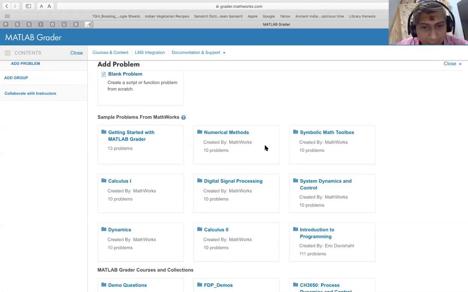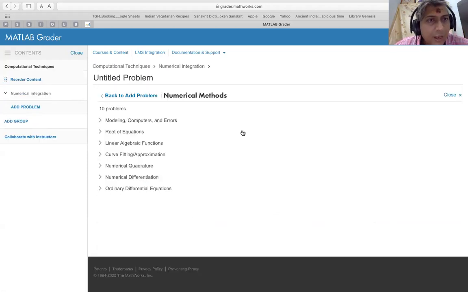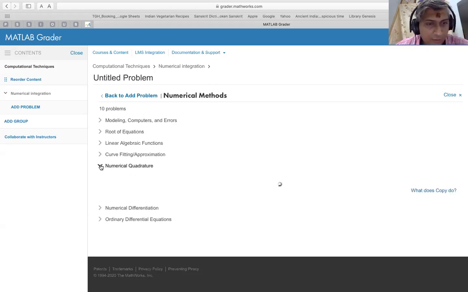So for instance, I can go to numerical methods because that is the topic under which I'm going to set up a question, right? So I choose numerical methods here. And within this numerical methods, I have 10 different problems that are showing up. For example, here, let us say I'm interested in numerical quadrature.